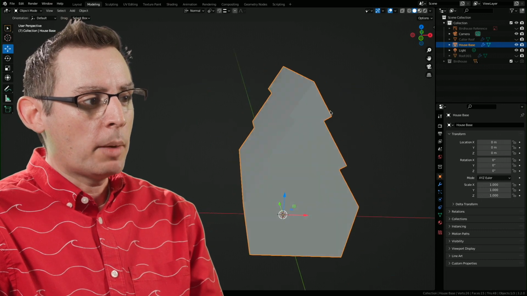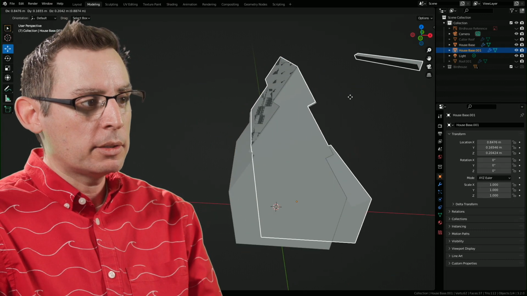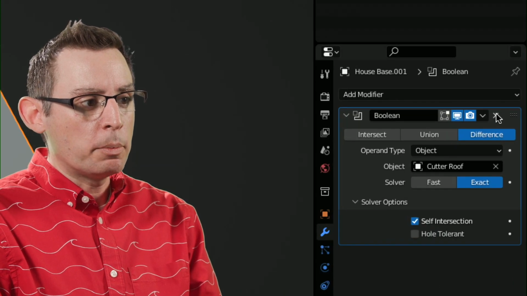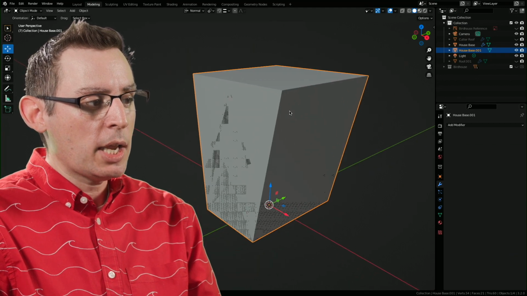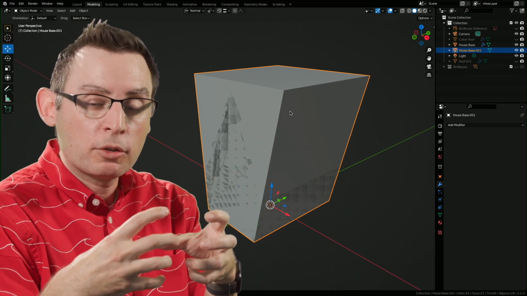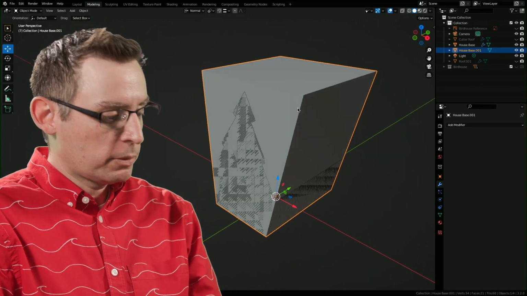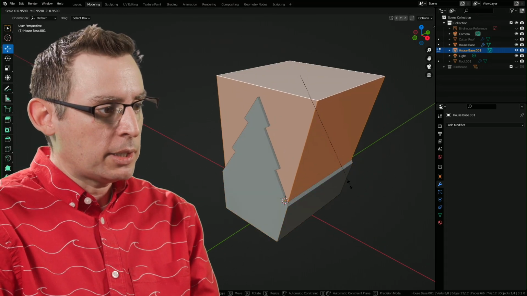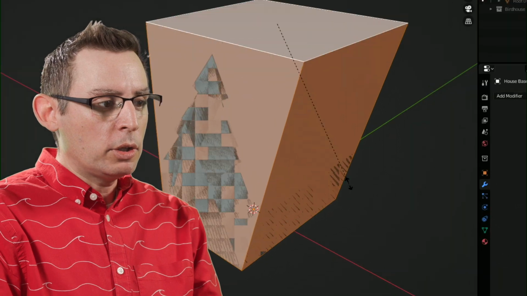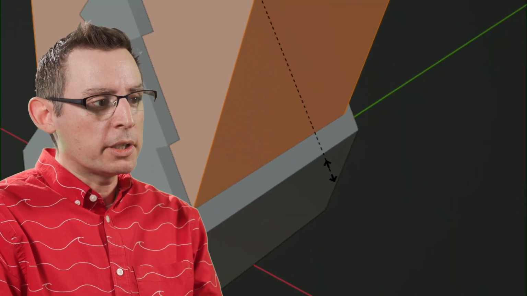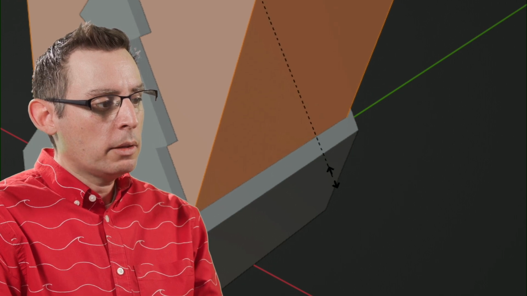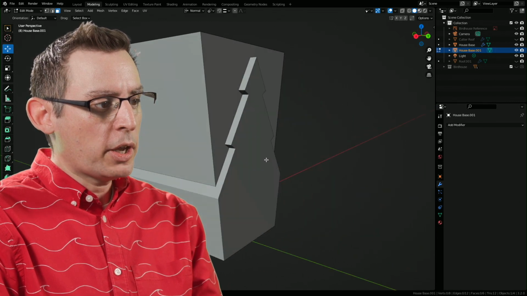So I'm going to go back into object mode and duplicate my house base. Let's right click on it. Now, immediately, since this is a duplicate, I want to get rid of the Boolean modifier because I want to use this shape to subtract the wall thickness on my birdhouse. Let's go into edit mode. Select all of my polygons, and I'm going to scale it down. Now, my brain is visually looking at that little wall thickness down there. Since we're scaling it, yeah, something like that. I'm pretty happy with that. That looks pretty good. An appropriate thickness for my walls.